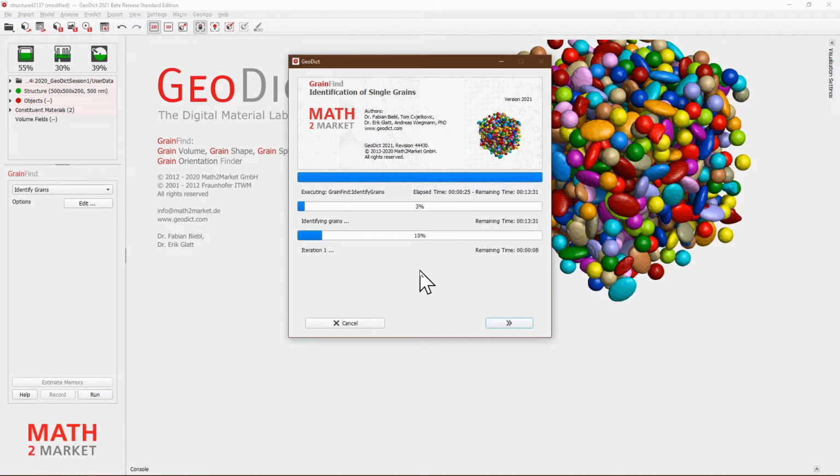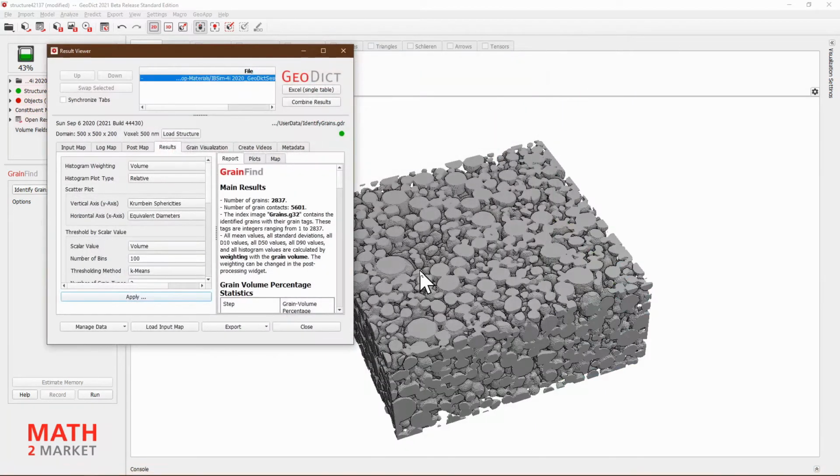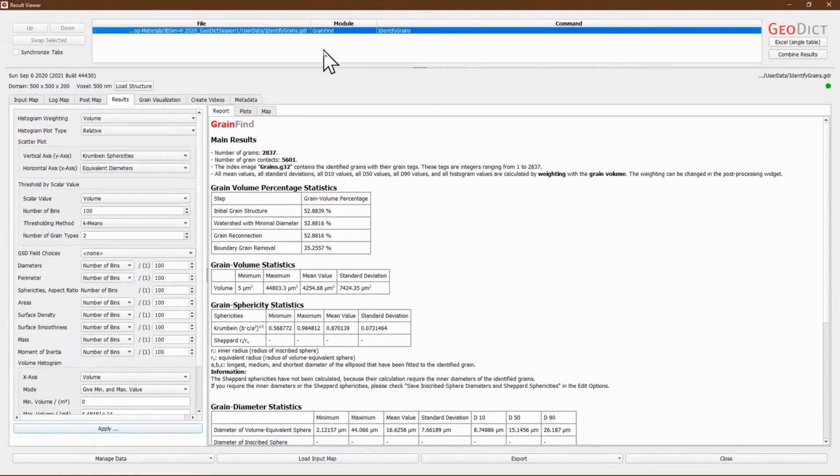Again, we chose a data set small enough so that this analysis doesn't take too long and can be done in real time during this workshop. The estimation is a little bit longer than the truth here. It's already done with the analysis, and I will go to full screen mode and explain the results in a moment.